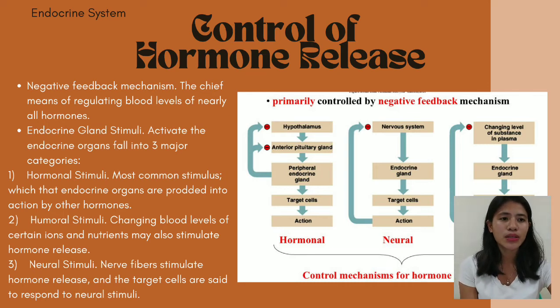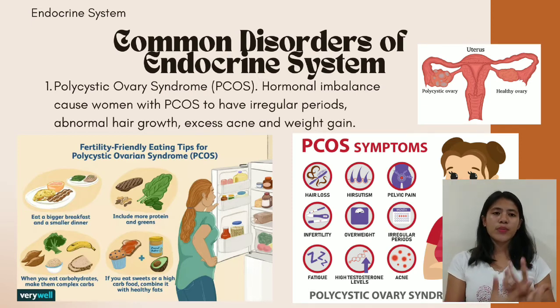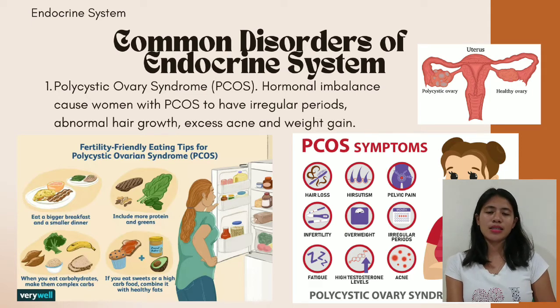So makikita naman natin dito yung mga process ng hormonal, neural, at neural. So it is the control mechanisms of hormones release. So, ito yung mga nagko-control ng mga release ng isang hormones. So tingnan naman natin kung ano yung mga common disorders makikita natin sa endocrine system and sa mga organs ng